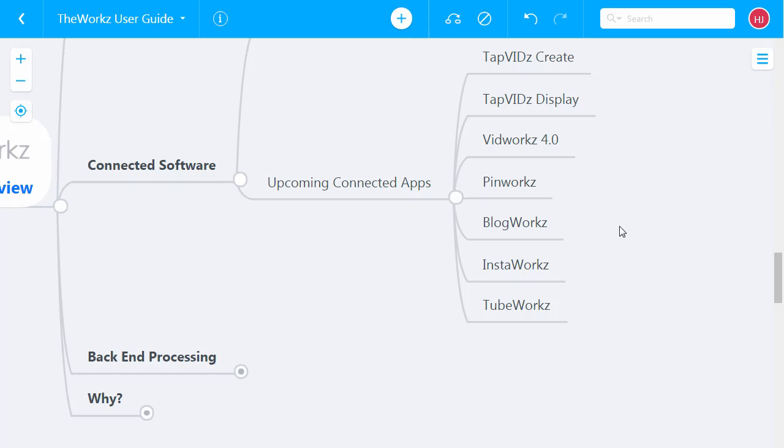VidWorks 4.0, which is an upgrade to, of course, VidWorks 3.0. Pinworks, which is my new Pinterest software. Blogworks, which will do all kinds of things with blogs. Instaworks for Instagram. And TubeWorks, which is a very advanced analytics module for YouTube, which is coming soon. So you can look forward to all those things coming in the upcoming months for you.